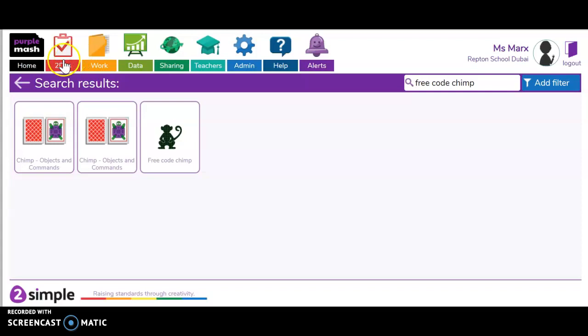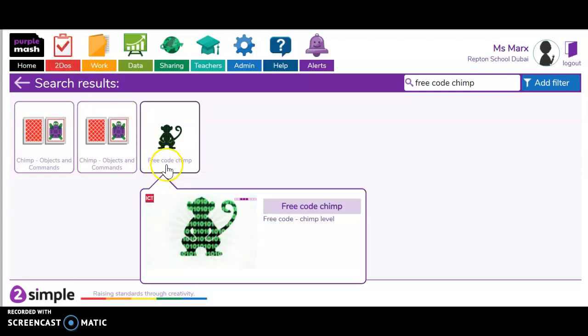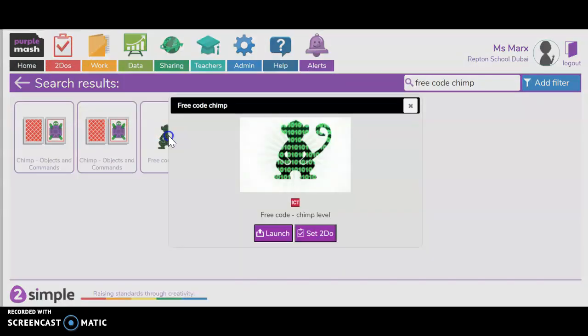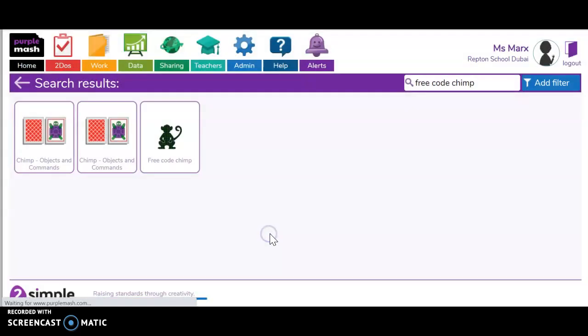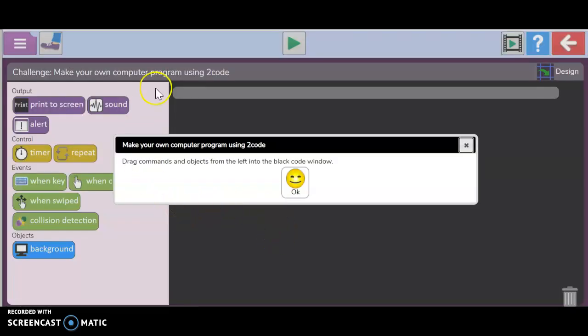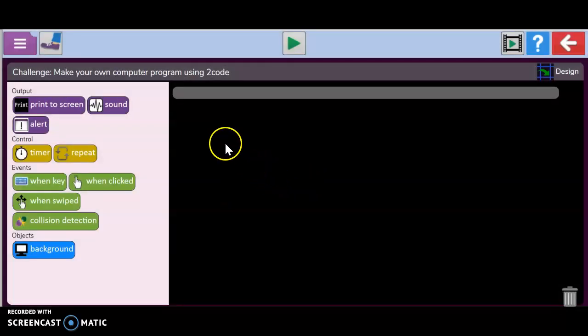When you go to your to-dos, you will see Free Code Chimp. I want you to click on that and it'll open up so you will see this on your screen. So we will click OK. And now today I am going to teach you a couple of different modes. Once your program is opened up, this will be called our code mode, where we will see